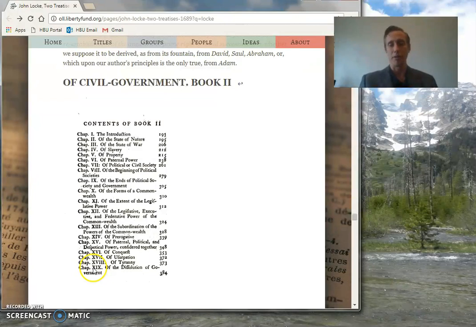So although I'm almost out of time here and I need to stop, I want to leave you with that thought as you begin this text. The notion that you can rebel against the king is a revolutionary